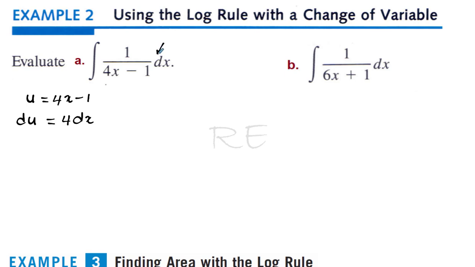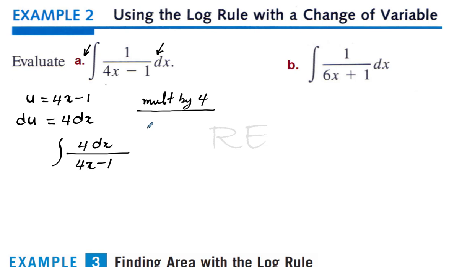We can manipulate to get a 4 by multiplying and dividing by 4. So we will rewrite the integral as 4 dx by multiplying the numerator by 4. And we need to divide by 4. If we multiply by 4, we need to also divide by 4. 4 over 4 is equal to 1. So it's 1/4. And our answer will be 1/4. Do not forget 1/4. 1/4 ln the absolute value of 4x minus 1